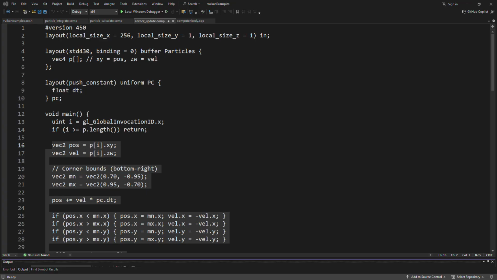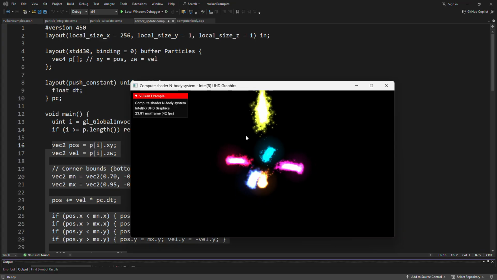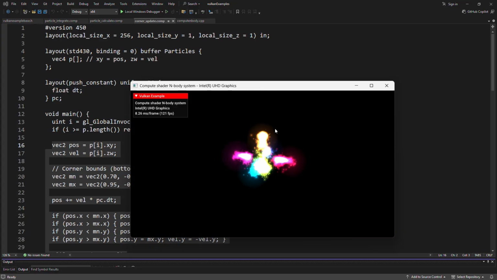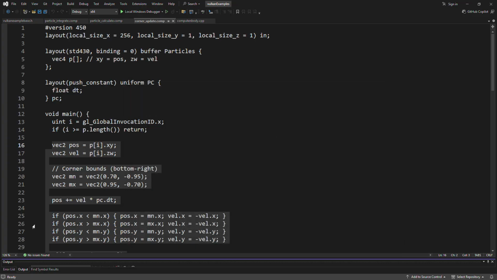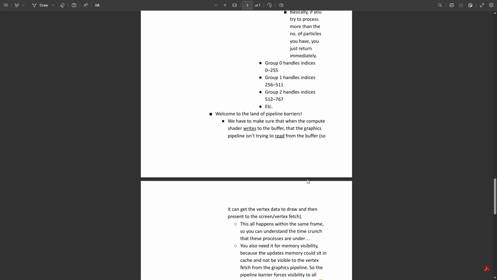You guys get all fussy and stuff if you run your application and you don't see anything on the screen. So you want to see stuff on the screen. Well, if you want to see stuff on the screen, we're gonna have to fetch the updated vertex information and present to the screen. But we have to make sure that the compute and the graphic stuff isn't clashing with each other and competing,